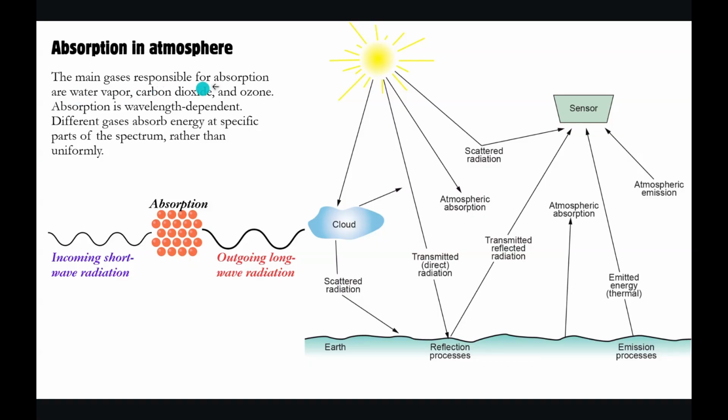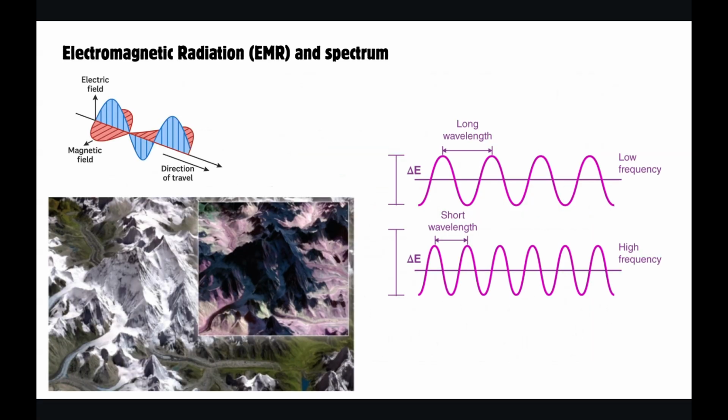So these main gases which are responsible for this absorption, we have talked about this. Water vapor absorbs all the infrared radiation, any radiation that carries heat, it will completely absorb it. That reminds me that I have to show you one more picture, something that we were talking about yesterday. Maybe Miss Prabodhini was asking what will happen if we are looking at snow cover or glacier cover in infrared. So we were talking about how any colder object will completely absorb these heat waves, and that is exactly what is happening.